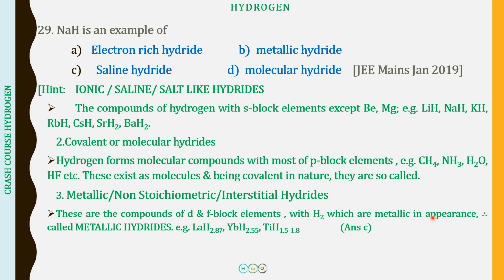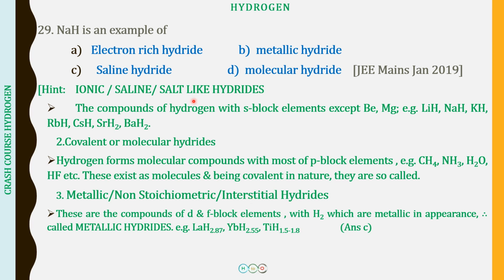They are going to be metallic in appearance, therefore they are called metallic hydrides. They are called non-stoichiometric hydrides because here the ratio of the elements is not a whole number and not definite either. You can see in the example lanthanum hydrogen 2.875, so this 1 is to 2.875, the ratio. It is not a whole number ratio. Therefore these are non-stoichiometric hydrides, and in these hydrides, hydrogen just fits into the metal lattice of various elements. So we call them interstitial hydrides.